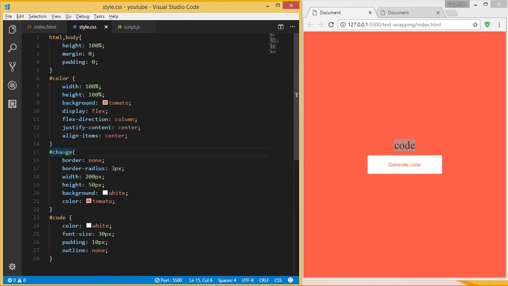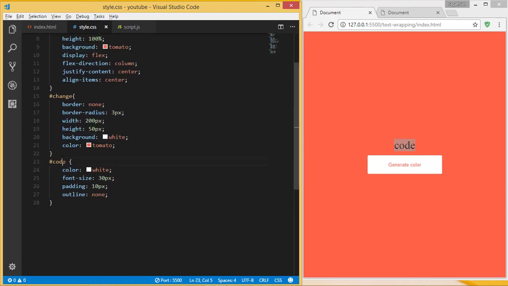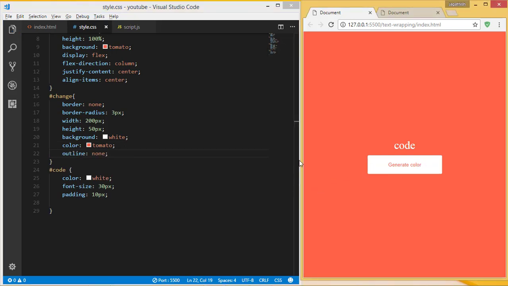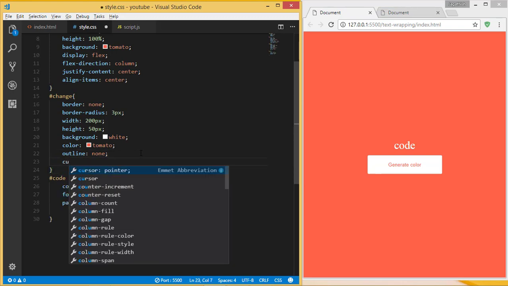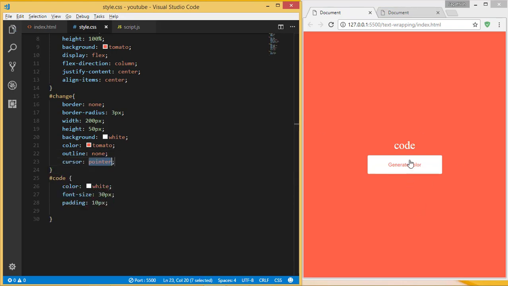The next thing is the change button. I have removed the border and given the border radius as 3 pixels and given some width and height and some background and color. The code is the section here. I have given the color as white, font size as 30 pixels, padding 10 pixels, and I removed the outline. I just want to remove the outline here. Yeah, now you don't see any outline here. And make sure the cursor is set to pointer. So when I remove that, you can see